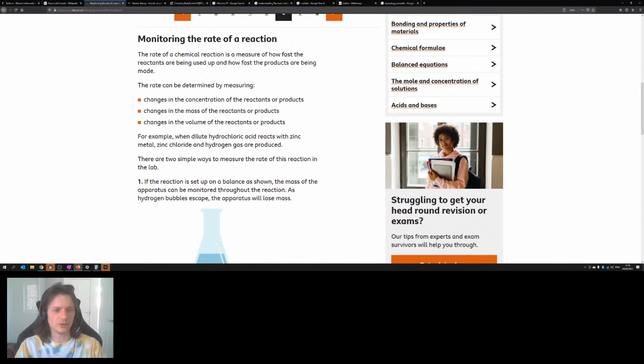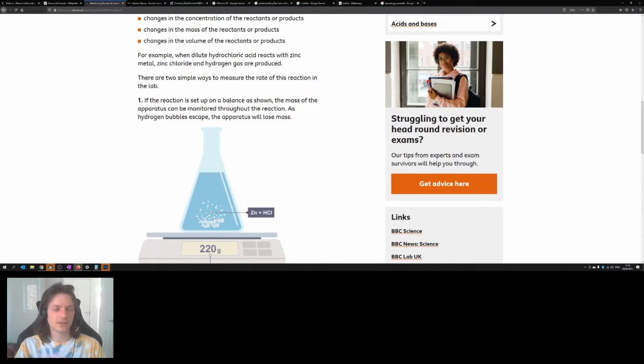For example, when dilute hydrochloric acid reacts with zinc metal, zinc chloride and hydrogen gas are produced. There are two simple ways to measure the rate of this reaction in the lab. If the reaction is set up on a balance as shown,